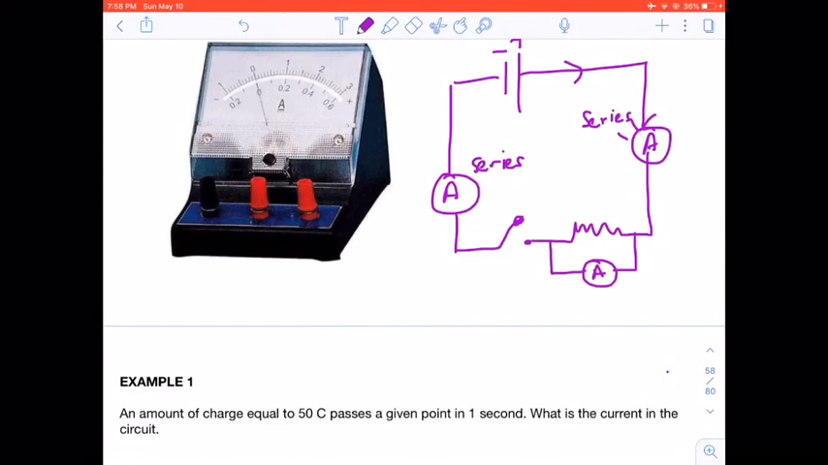So we can't have that, right? We could have a voltmeter here to measure the voltage across that particular component. Alright,